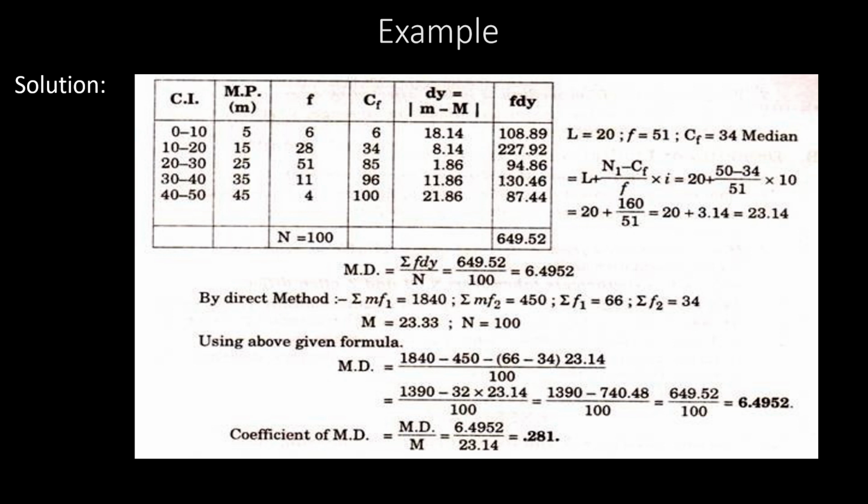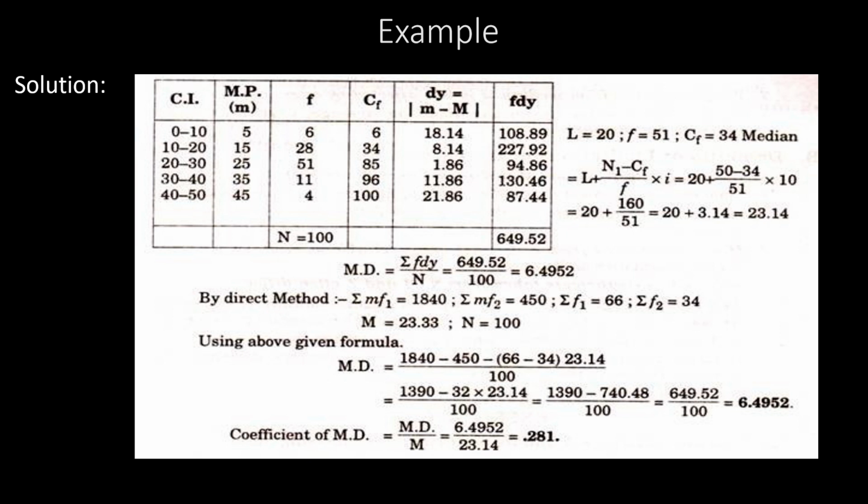Before also we discussed how to get cumulative frequency values. The first value is the same as the first value of the frequency column. To get the second value, add the first two values of the frequency column; to get the third value, add the first three values, and so on. Here the first value is 6, so we take it as it is. To get the second value, 6 plus 28 gives 34. And to get the third value, 6 plus 28 plus 51 gives 85. In this way, the remaining values are found.